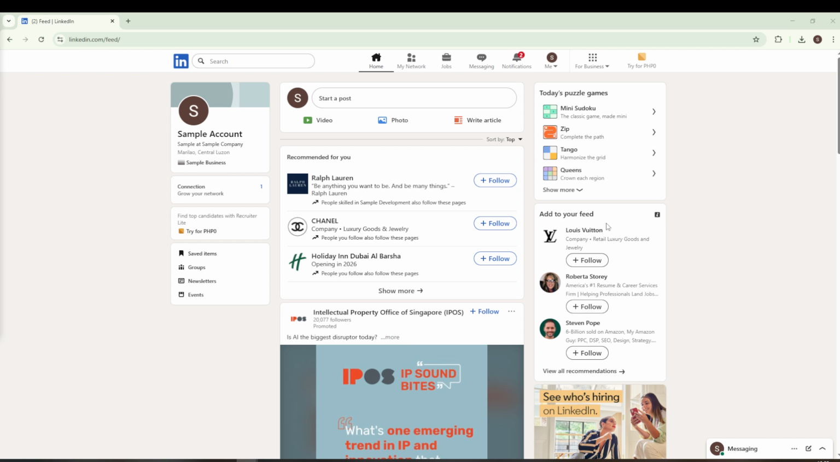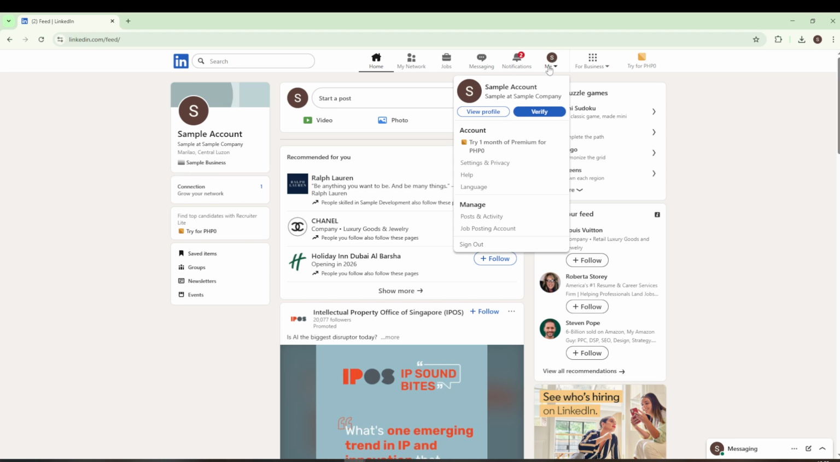Once you're successfully signed in, you'll notice your profile picture tucked away at the top right corner of the page. Go ahead and click on it. When the drop-down menu appears, select Settings and Privacy. This section is your hub for adjusting all things related to your account settings, ensuring everything aligns perfectly with your